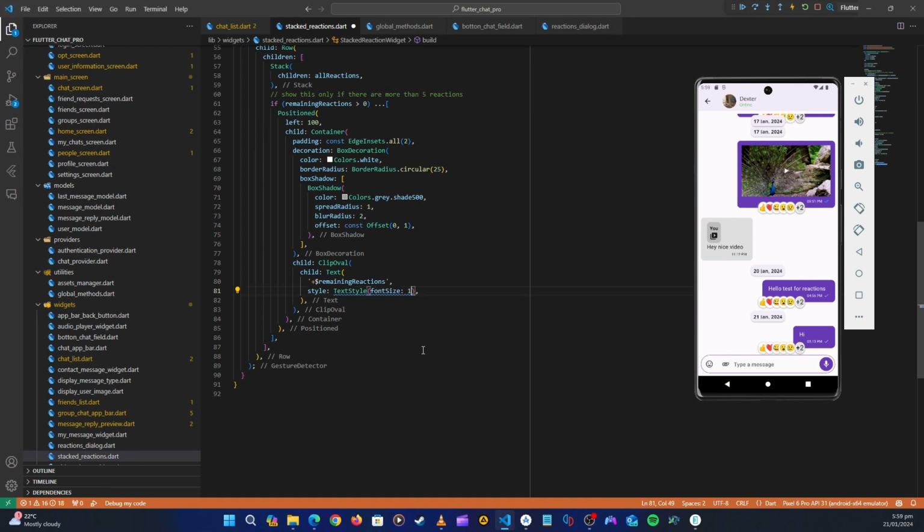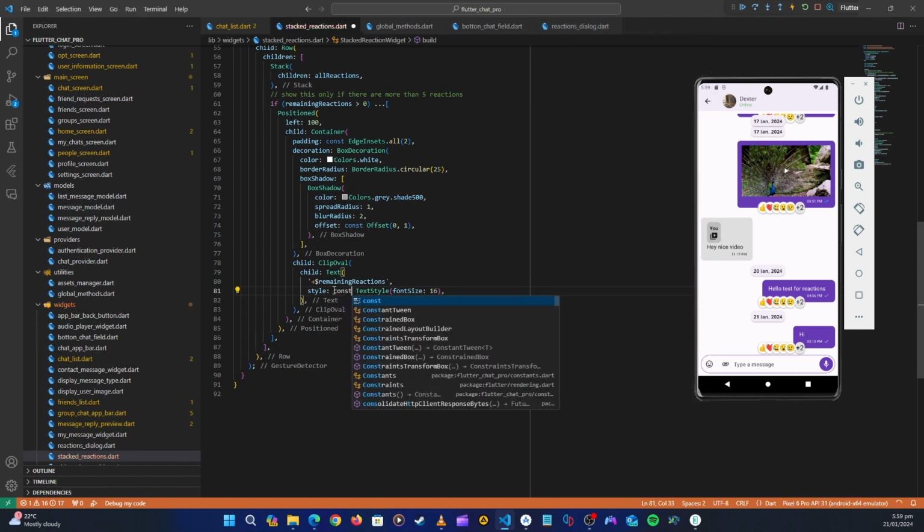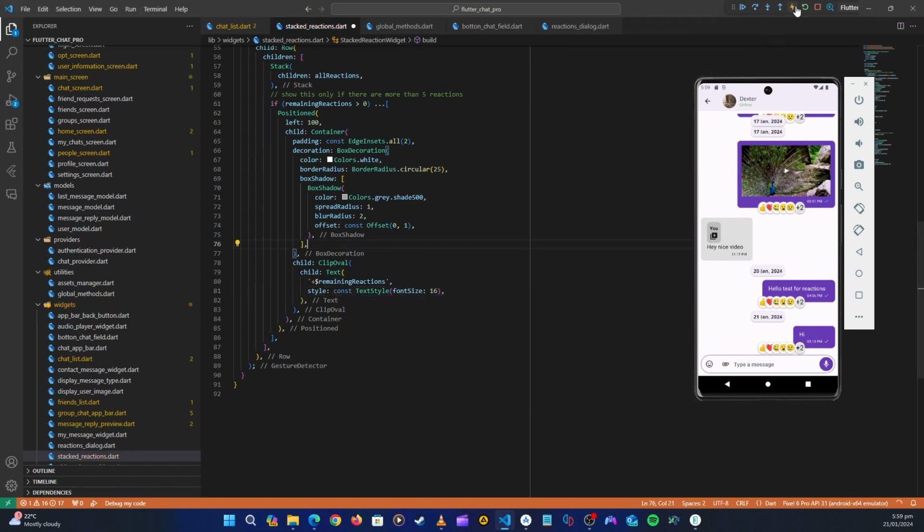Maybe let's have 16. Okay, let's have a constant keyword here. Let's hot reload. Yeah, we want something like that. All right, and then since this is a position widget,